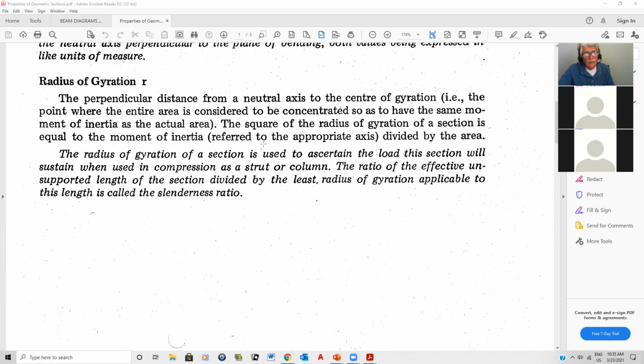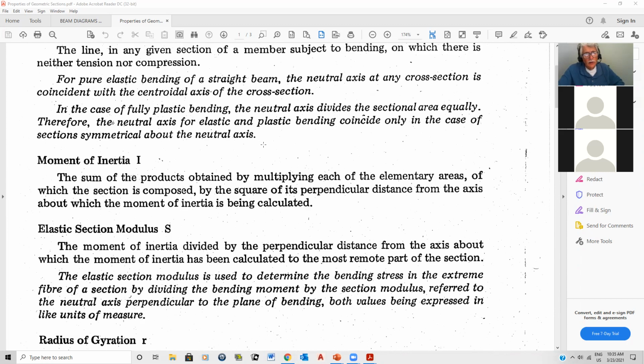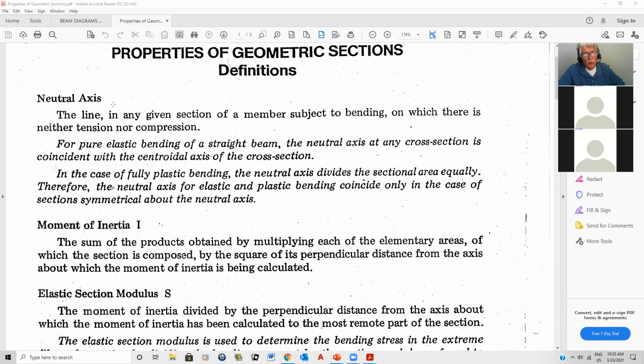And of course these are the descriptions of what we mean by neutral axis. Okay, the line in any given section of a member subject to bending on which there is neither tension nor compression. Okay, and that's what a neutral axis is. In other words, there. So that means that if I have a beam,